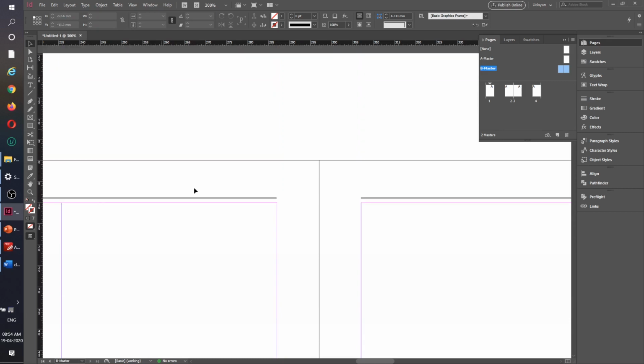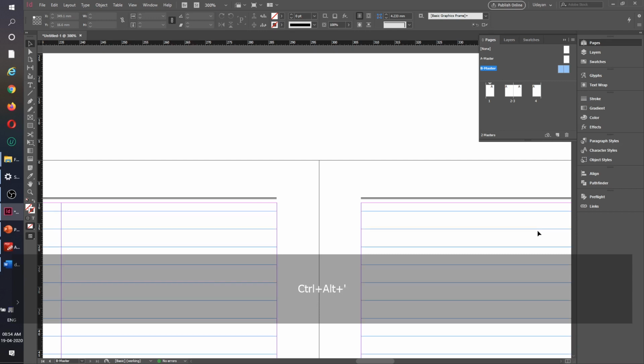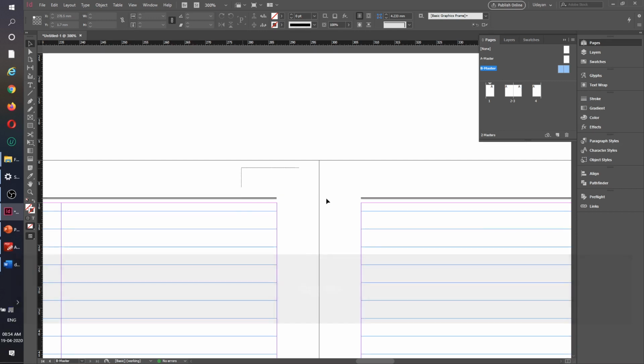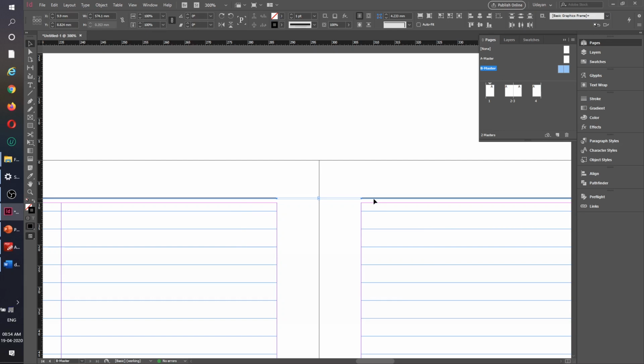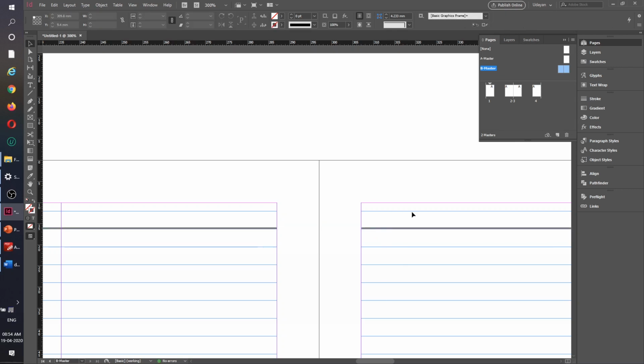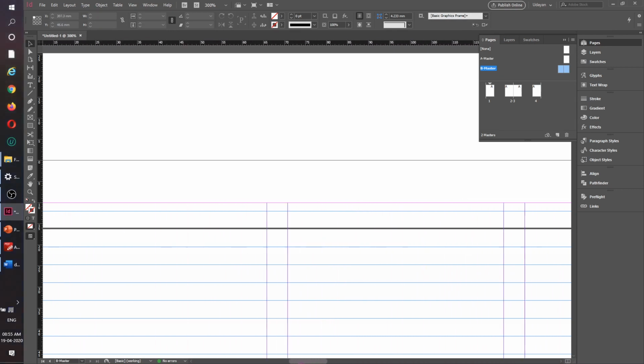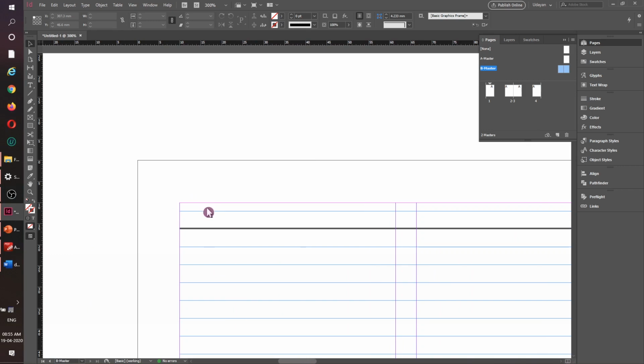Now here, I need to see my baseline, which is Control Alt and the quotation mark. And we will try to bring both of them down to fix it somewhere there. Okay, maybe to the top of the line. And here we are going to make the page number and stuff like this. So I'll come down here. This side I will mark the page number. The inside would be getting a section marker. So page number coming here.